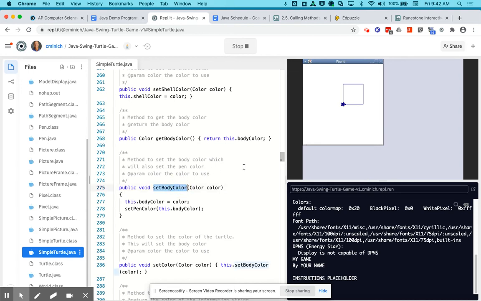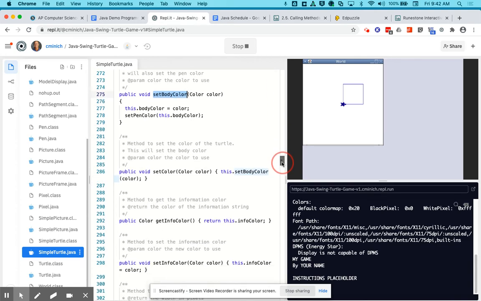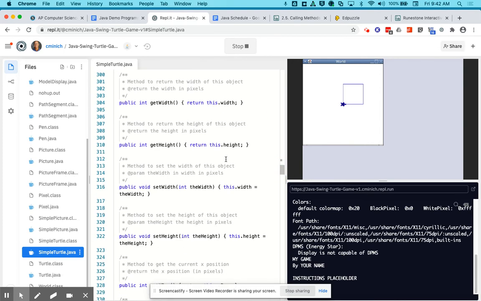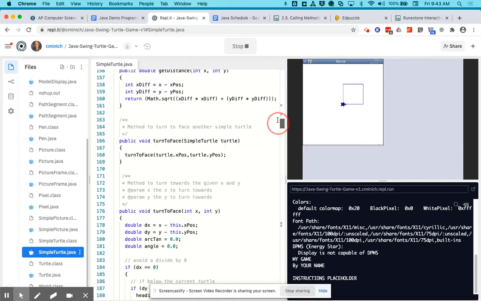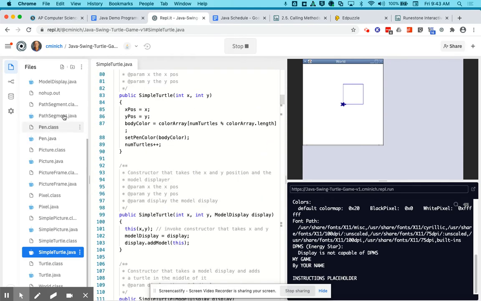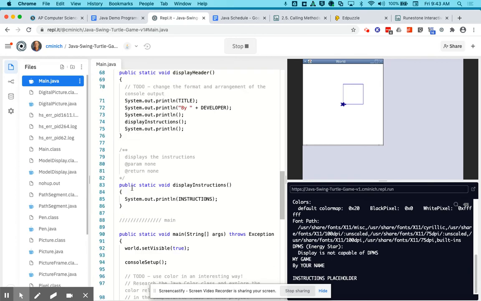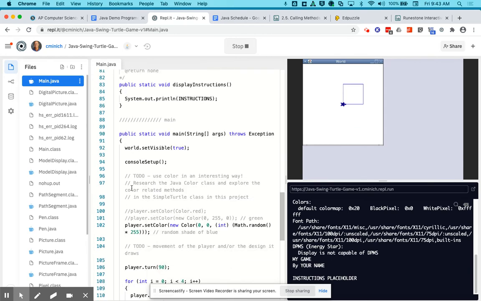Now I know in Python turtle graphics, they're named differently. Maybe they're copyrighted or something and she didn't want to use the same names, but maybe she should have, I don't know. Set width, there's so much here that you can use if you call it right. So from the perspective of main.java, that is the client, down here in public static void main string args,